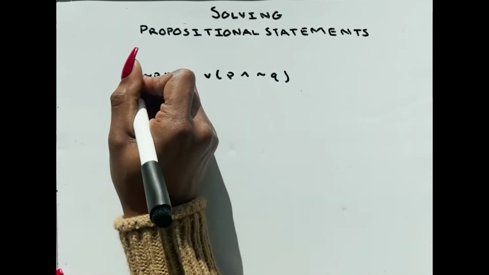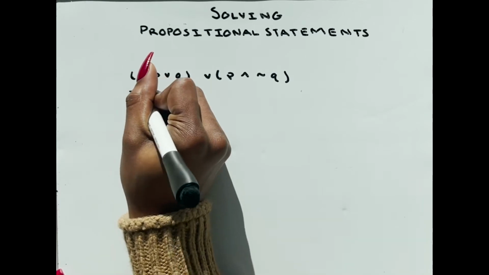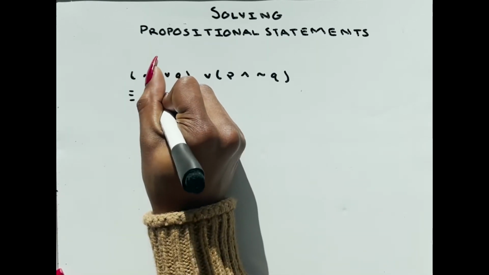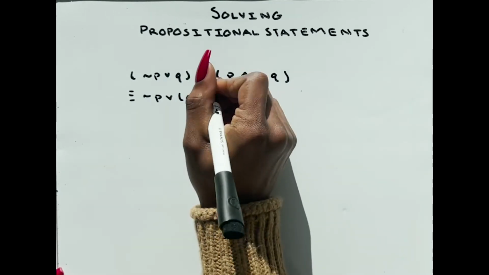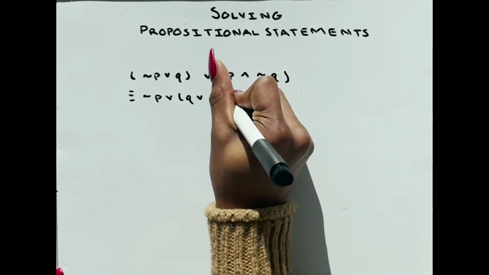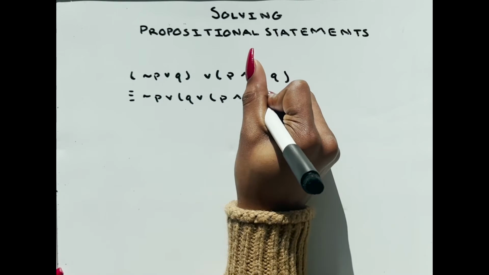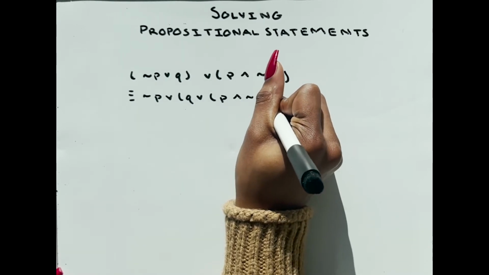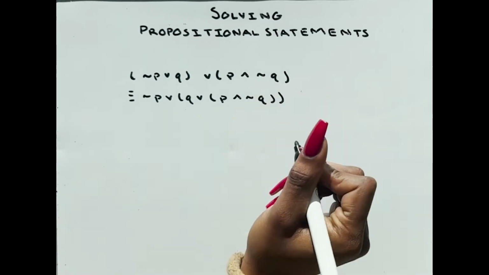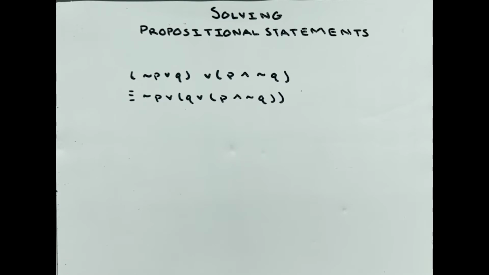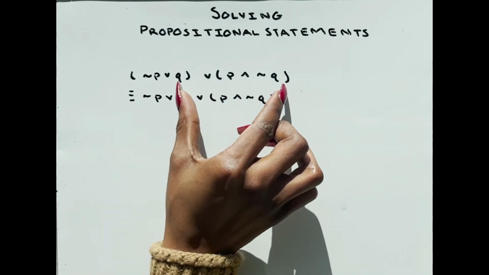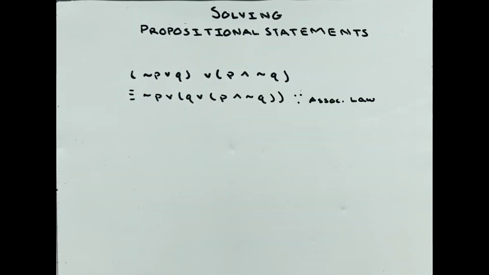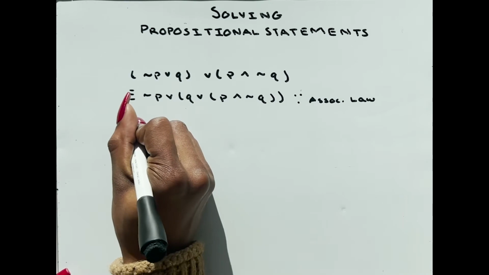Now we'll start by rearranging the parentheses. So let's rewrite this as not P or open parentheses Q or open parentheses P and not Q, and we'll close both parentheses. Here we use the associative law to rearrange the parentheses. Now for our next step, we'll distribute the Q,